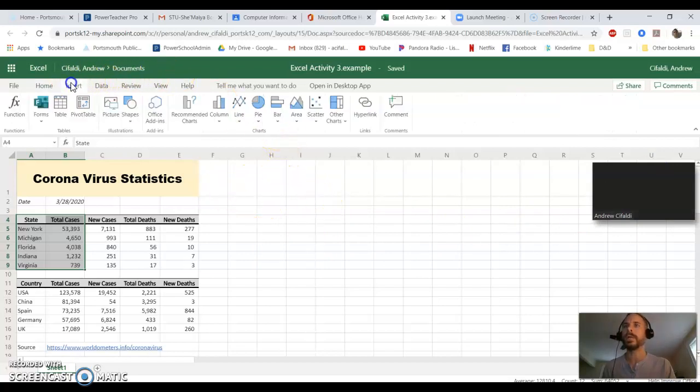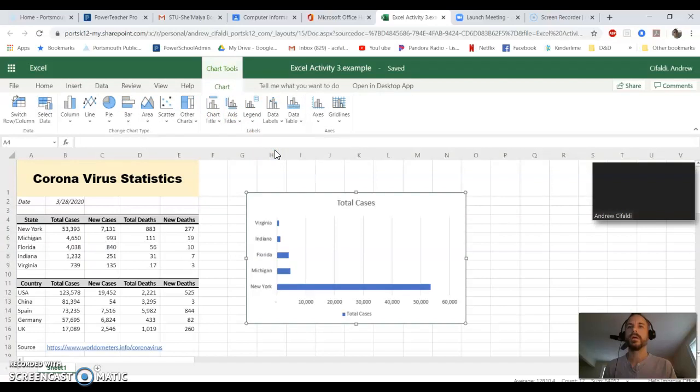Here I'm going to go back into Insert. So I've selected my state and total cases. And this time I'm going to click on a bar chart. Okay, here I'm selecting less information, and I'm choosing a slightly different chart to use. And you can see here now that information is represented a little bit better. We have total cases written at the top. We have our states along the left and our numbers along the right. We're going to do a couple quick things to make this,